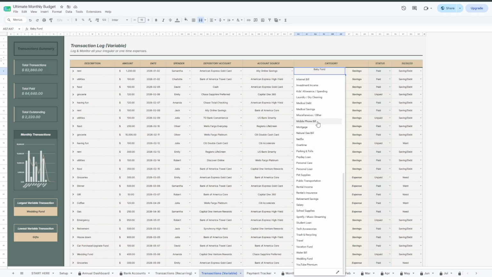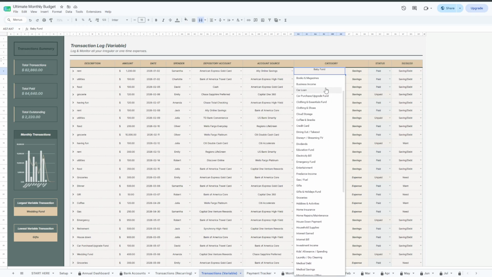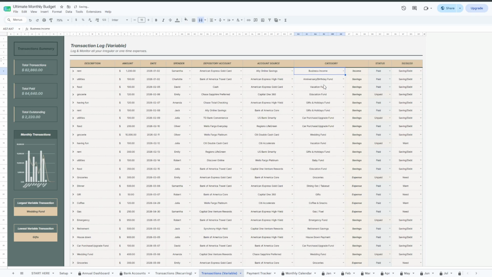Once you select it, the main category will be filled in automatically. This keeps everything consistent with your budget categories without you having to enter it twice. In the payment status, mark the transaction as either paid or unpaid. And finally, there's the 50-30-20 type column, where you can classify the transaction as a want, a need, or a saving. This makes it much easier to track your spending habits and see how well you're aligning with the 50-30-20